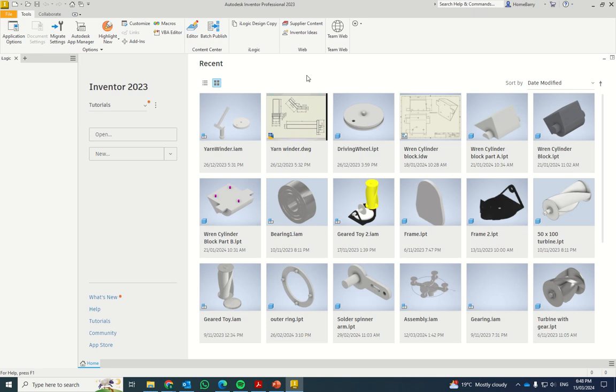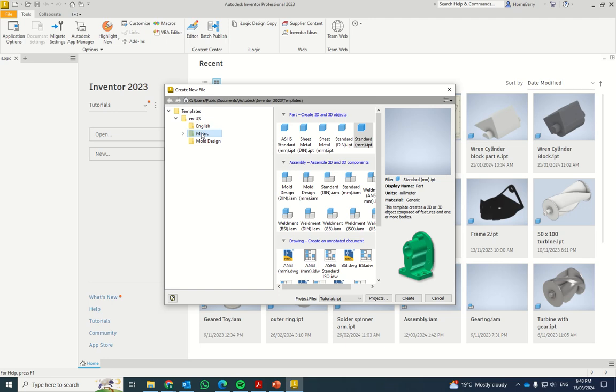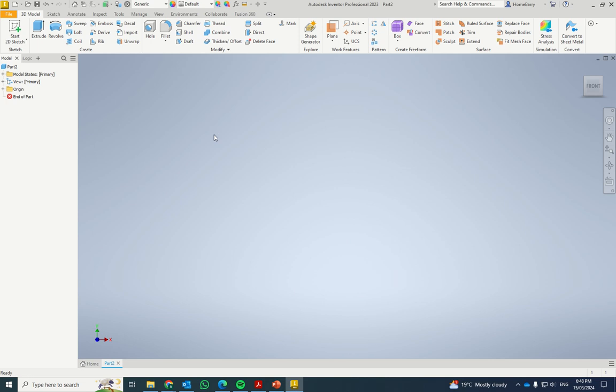Hello. In this video we're going to talk a little bit about sketches. When you first start Inventor you need to create a sketch in order to create any parts from that. So what we're going to do is go to New here. Make sure you open the correct template, which is going to be a millimeter template because we don't want any of those silly inches. And then it'll open up to this